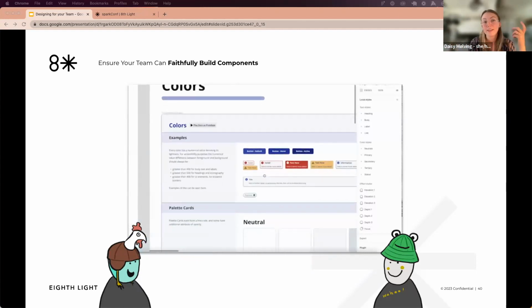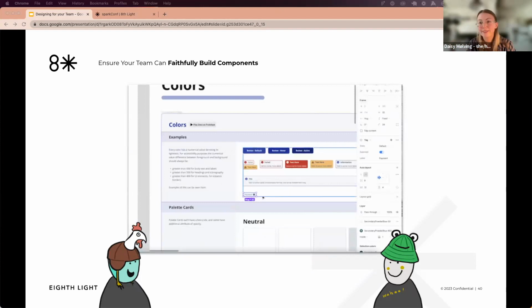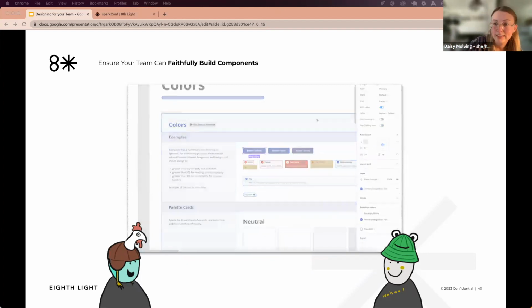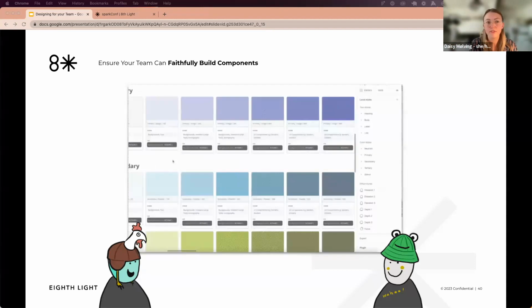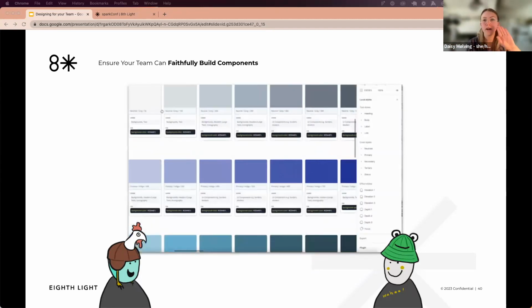But Daisy, that naming doesn't describe how to use those colors in context. Well, while this way of naming doesn't explicitly describe context, it does help us use colors accessibly by letting us do some easy maths. So for instance, if you have two color values used together, one is the foreground and one is the background,